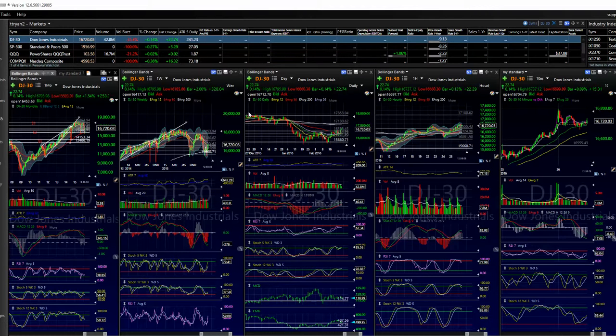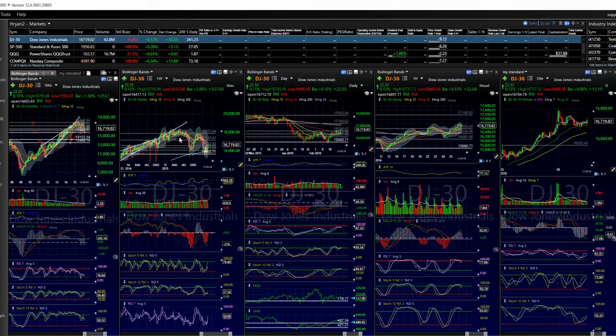We are in a downtrend, a longer term downtrend. The MACD has turned negative on the Dow. This hasn't happened in quite some time, since basically 2008 when we had the big downturn. So I think most people are fairly certain at this point we are at least in some sort of continuing downtrend. Are we in a major bear market? I don't think anybody can say that just yet.